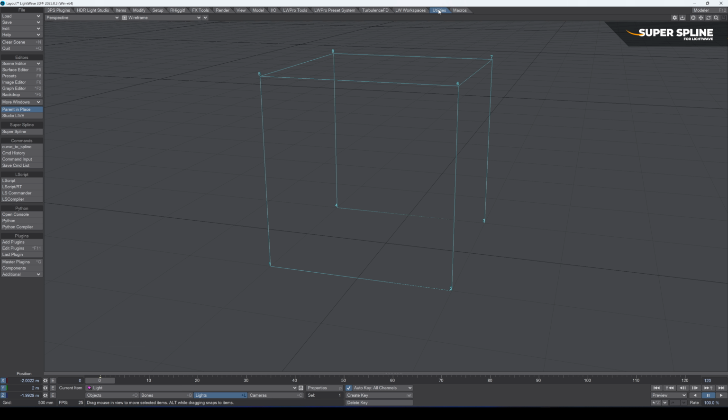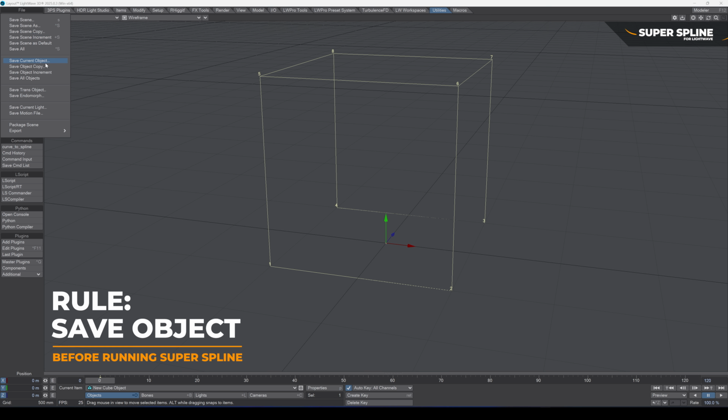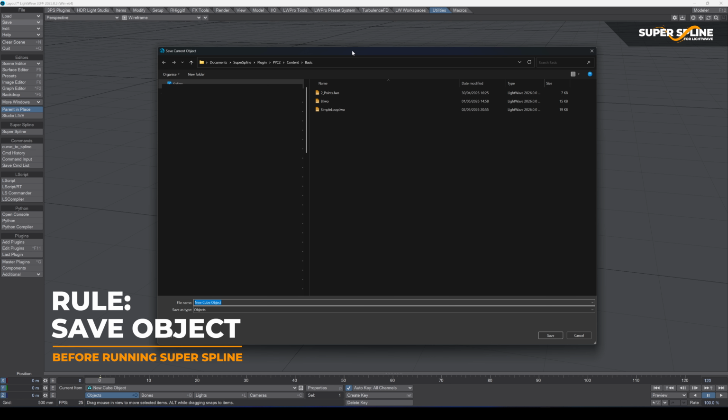So let's try and run Super Spline. So we get another warning saying selected object either has no vertices or has not been saved. Please select a saved mesh or curve and then run Super Spline. So the way Super Spline works is that it needs to read the saved object file. So if we save this object now, save current object,